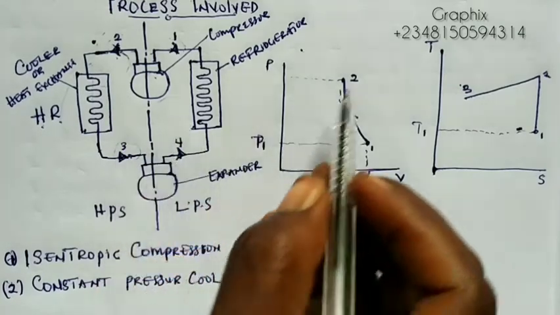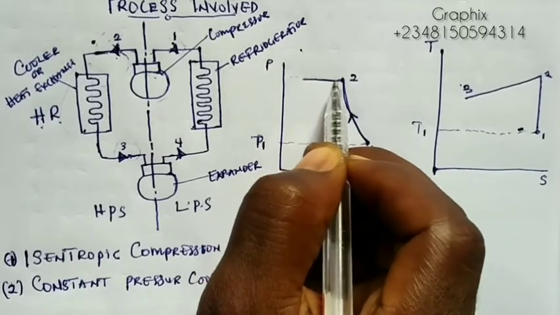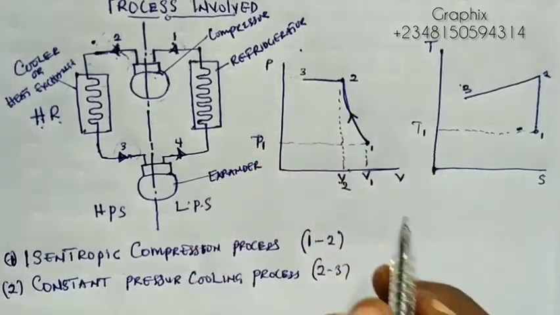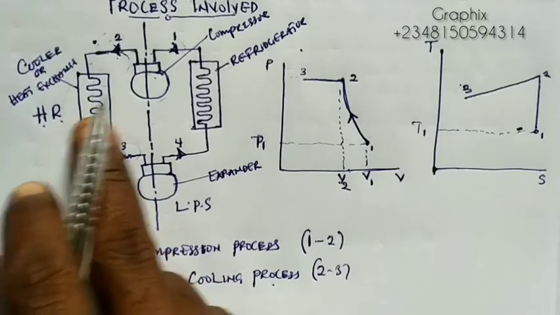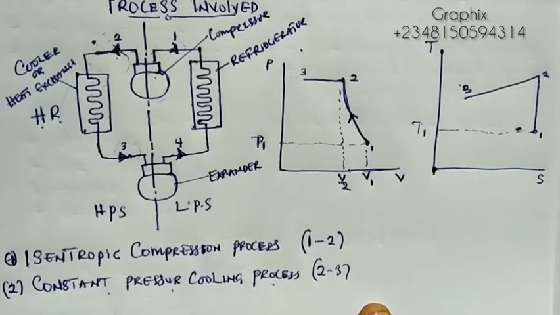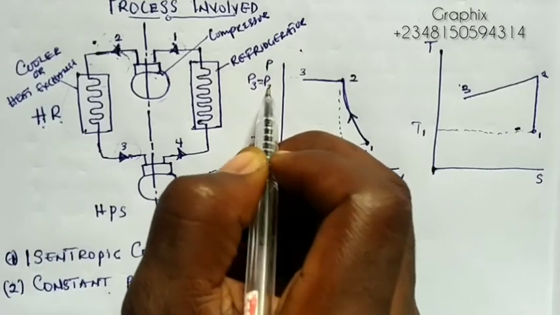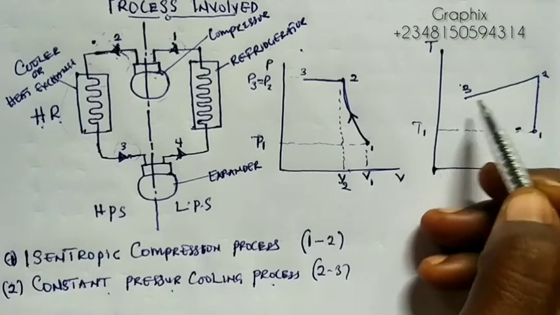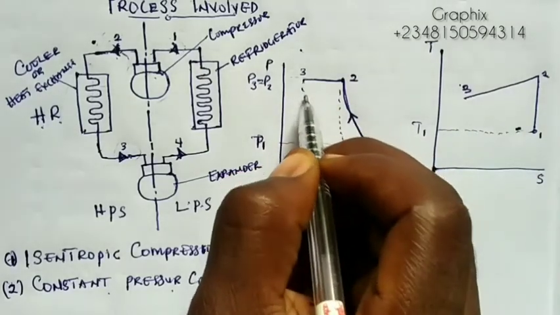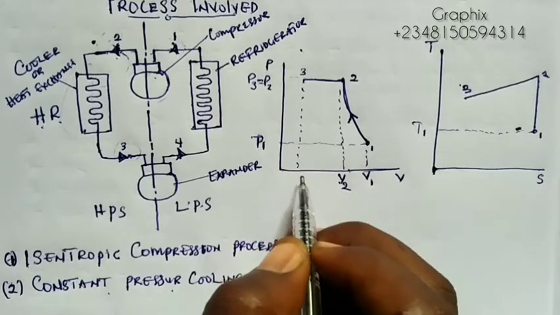But the pressure remains constant. From 2 to 3, the pressure remains constant. That's why we call it a constant pressure cooling process. During the cooling process, there is no change in pressure, so P3 is equal to P2. Only the temperature is reduced, and the volume has further reduced